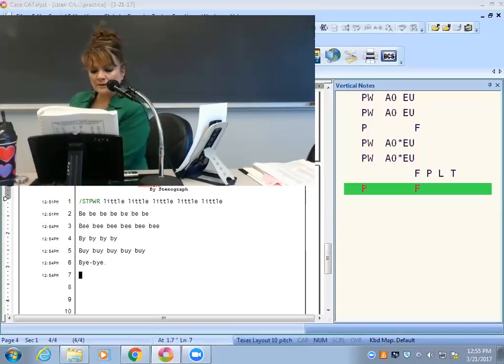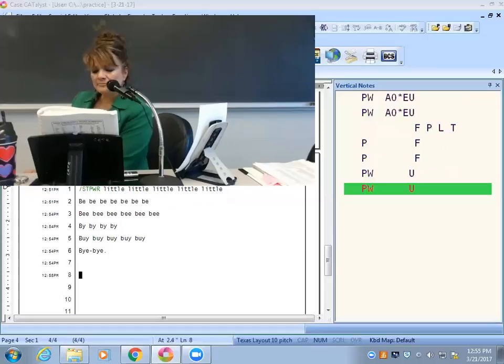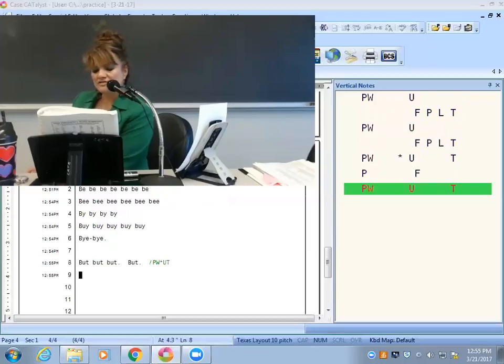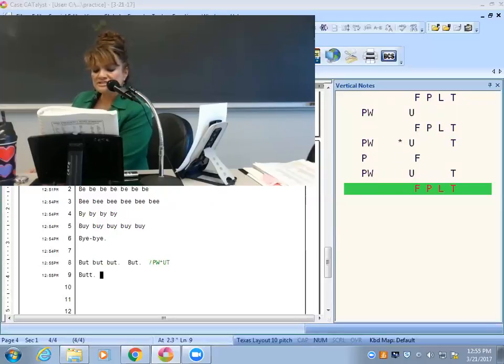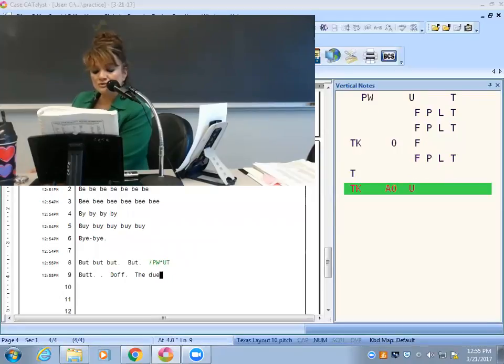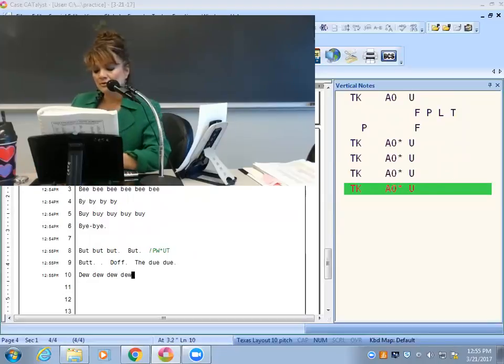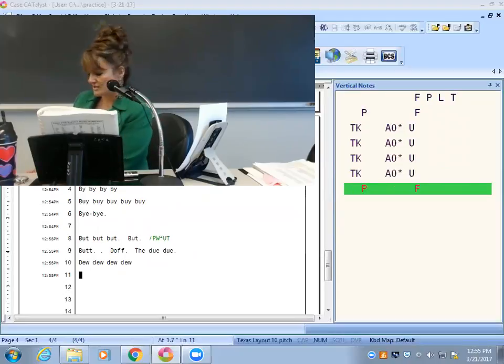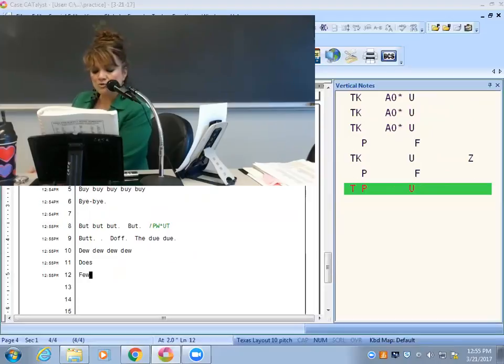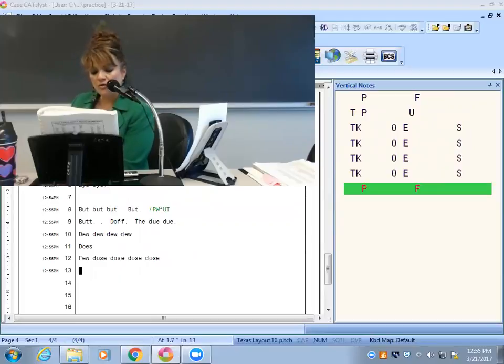And so you have butt, B-U, just B-U. The butt of a rifle, B-U-T. So take advantage of how the word is spelled. Do is just D-O. Do, your homework is do, D long U. Do from outside from the rain is D long U asterisk. Remember, you all, it's very helpful if you remember that the word that's not as common, you'll put the asterisk in, okay? Does your homework, D-U-Z. And then you have dose. A dose of medicine is an S sound, dose, D long O-S. And then you have for.